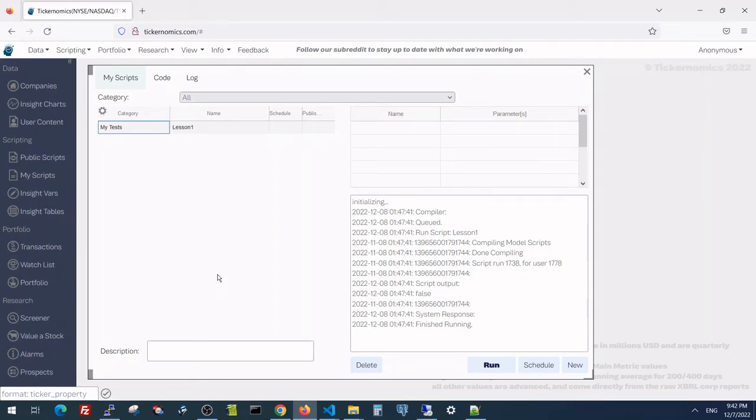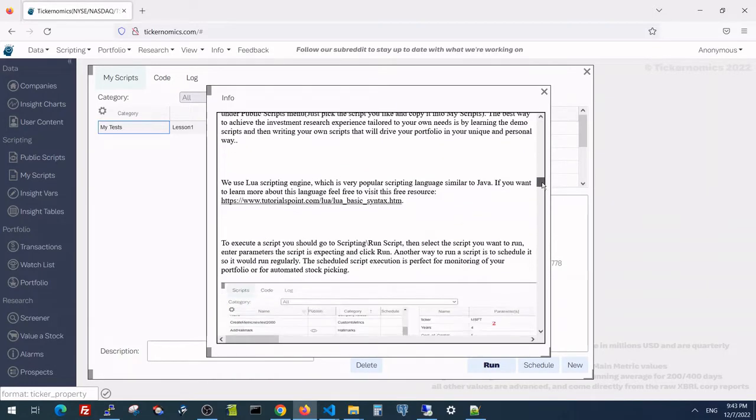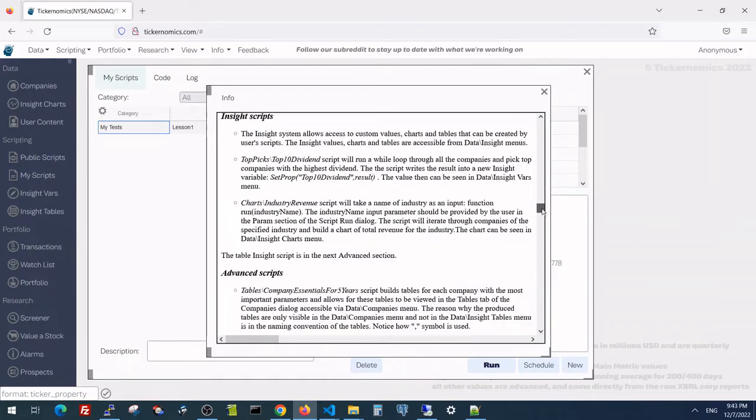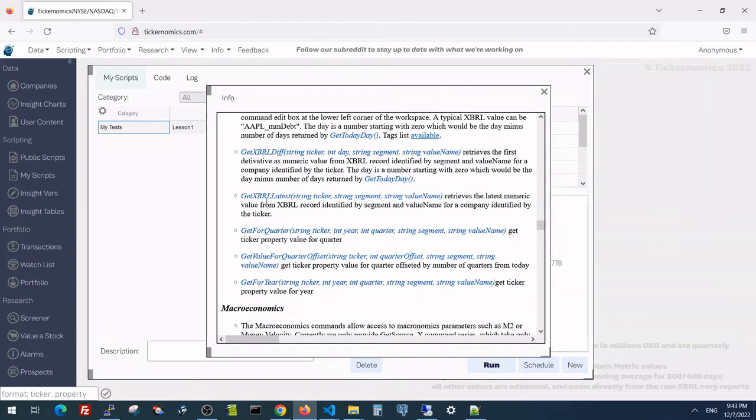So now with the power of for loops and variables, let's print assets for all the companies in the system. To know how to get the asset amount and the company names, we go back to help and we need to learn this command called get xbrl latest, and what it says here is retrieve the latest numeric value from xbrl record. I know it sounds confusing what xbrl even means, but what it really says here is that we